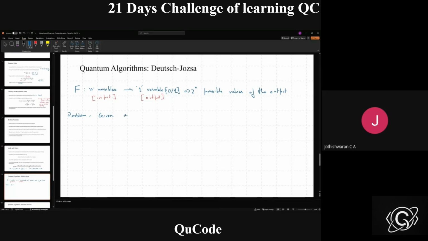Given a function f, and also given the information that f is either balanced or constant, either balanced or constant,